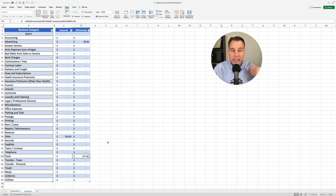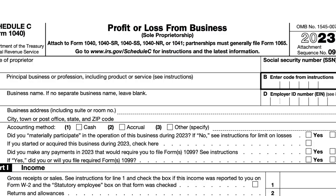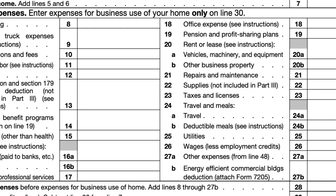So this will help me in preparing their Schedule C. And that's essentially where I got the categories from, for the most part, this tax Schedule C form. And you can see we have all these different categories. So you have to categorize your expenses, bucket them, if you will, according to these various expense categories. So travel, taxes, office expenses, supplies, advertising, for example, things like that. The more you align your categories in your spreadsheet to these labels here, it will help you when you actually